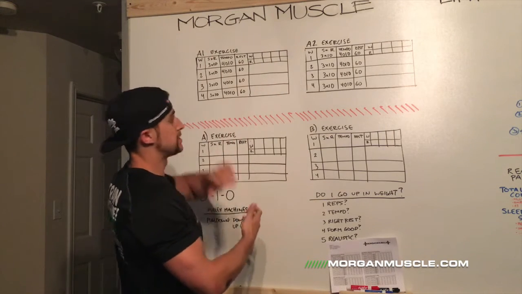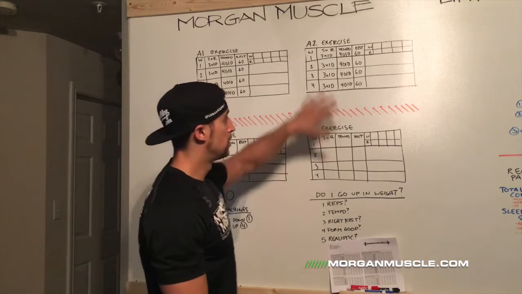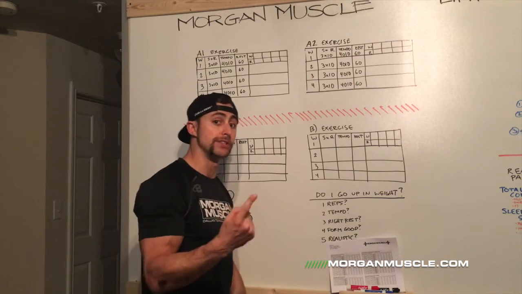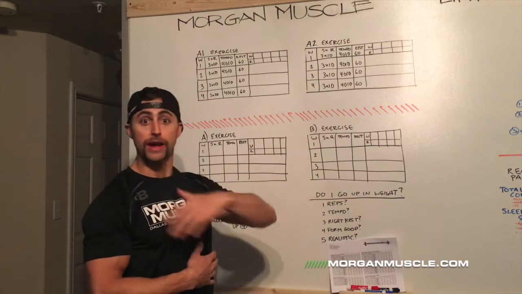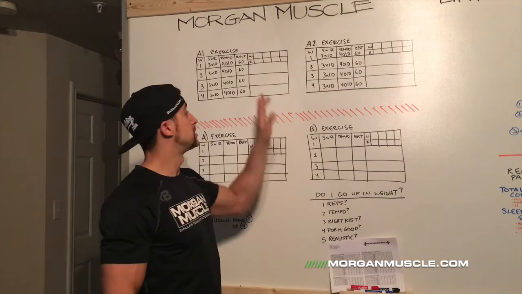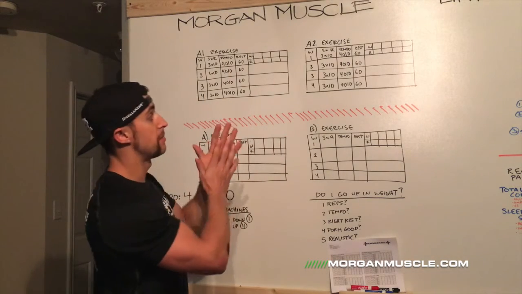So let's say this is squats, let's say that's pull down, 10 reps, 1 minute break, pull down, 10 reps, 1 minute break. Now that's 1 set of each, and according to this example, we've got to do 3 sets. So then we go through that 3 times. You're gonna jot down your weight and your reps in those boxes. Once you've completed your 3 sets of 10 for this example,